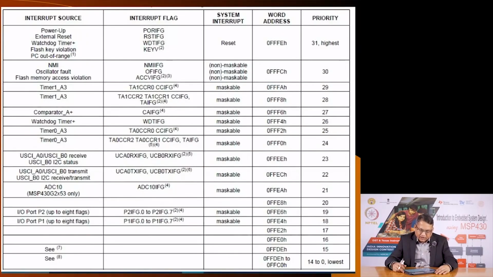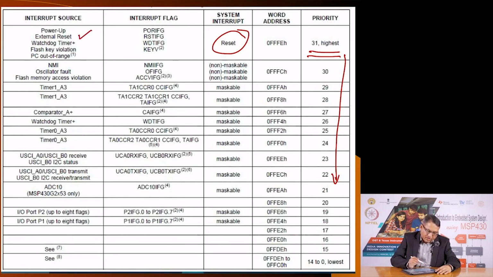Here is the clipping from the MSP430 data sheet, which lists all the interrupts, what are their names, the source, what is the interrupt flag that we mentioned, what is the address of the vector for that interrupt, and what is the priority. Of course, as I mentioned, 31 is the highest priority, for reset, and as you go down the priority decreases, which means if two interrupts happen, the one with higher priority will be serviced first. And as you see, the sources of interrupts are a power up condition, external reset, that is a user pressing the reset button, or a non-maskable interrupt, or a timer, here comparators, watchdog timers, another timer, the serial communication protocols, the ADC, and last but not the least, the 2 ports that we have on